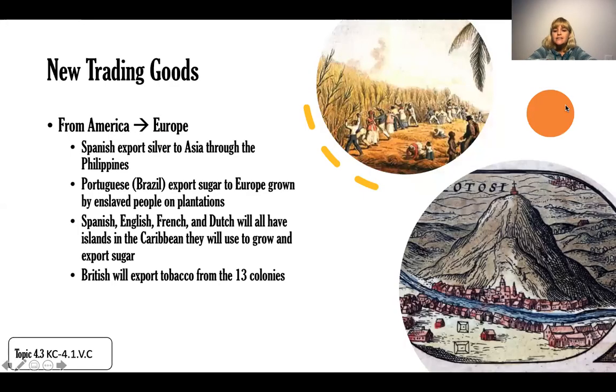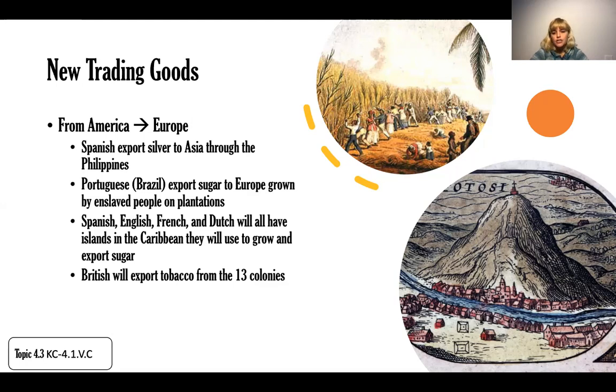All right. So in addition to diseases, guys, you're going to have new trading goods. Let me back up. From America to Europe, so from the New World to the Old World, the Spanish are going to export silver. Okay, this one's not actually going to Europe, but as we talked about a little bit last class,